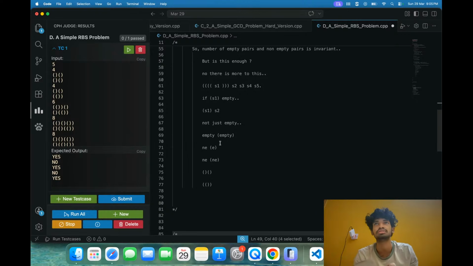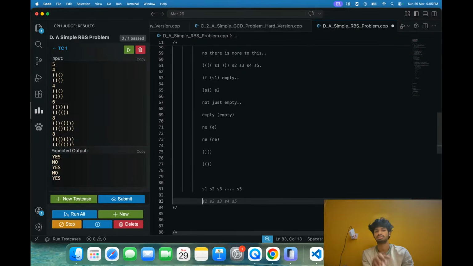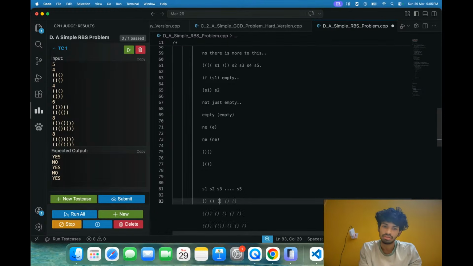I'm likely complicating this. If you see those partitions, if you have one big thing, you can just drop that. Because why can you drop that? Because they can never be in any subsequence. Okay. Now you have S1, S2, S3, and so on. Now you have to think of these things. And if you think of these things, you have few empty things, few non-empty things,